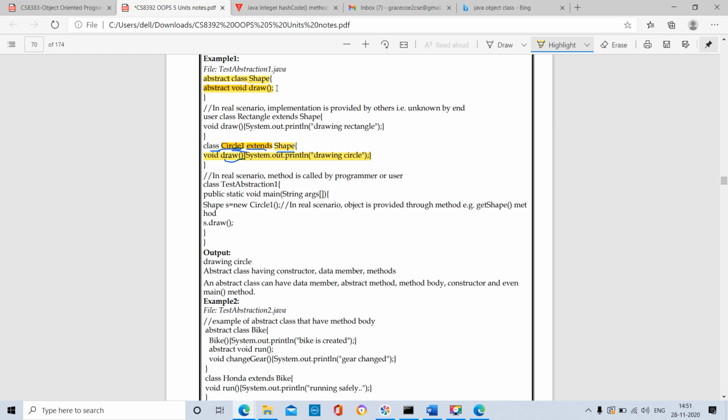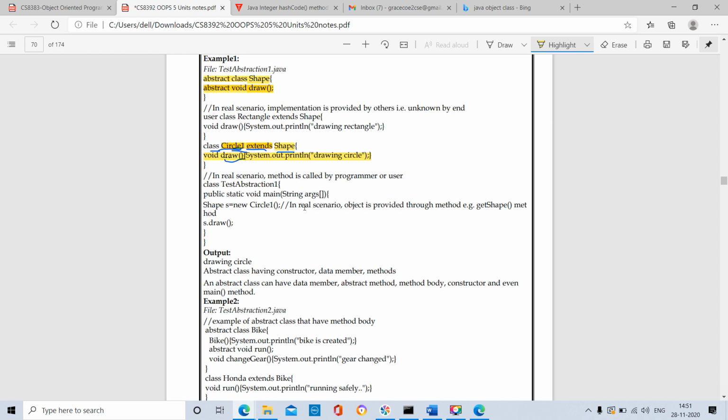But in the abstract class, they didn't mention the definition of the draw method. They are only declaring it with a semicolon. They didn't tell what function will be done by the draw method. But in the subclass, by using the extend keyword, they are mentioning what function will be done by the draw method. This is the function definition.